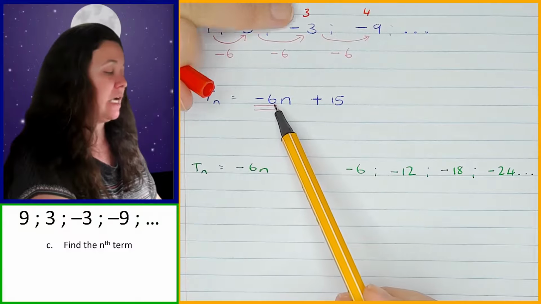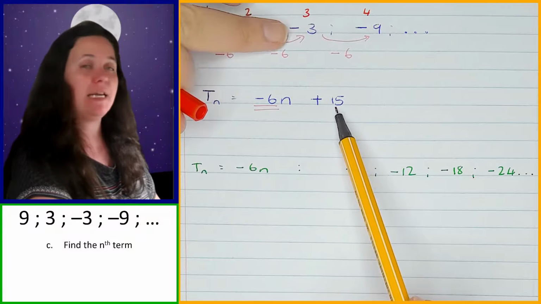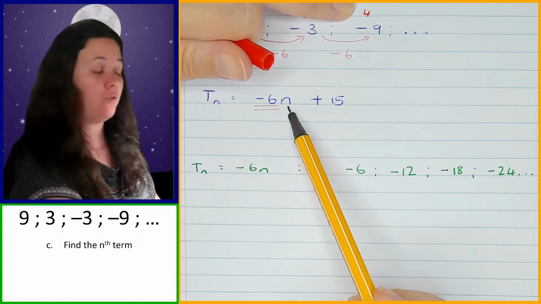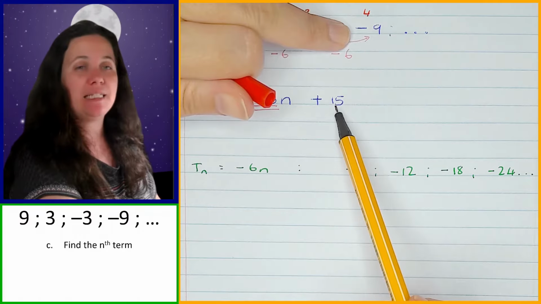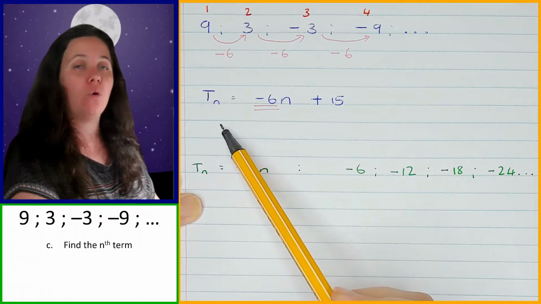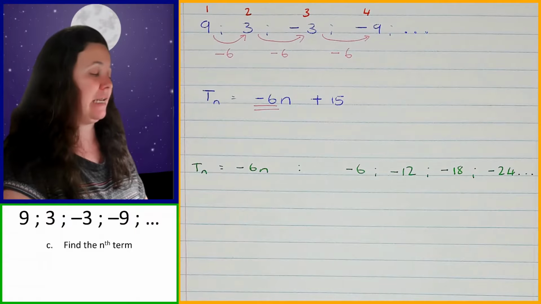Negative 6 times 3 is negative 18, plus 15 is negative 3. Negative 6 times 4 is negative 24, plus 15 is negative 9. So over here, I now have the rule for this particular pattern, that Tn is equal to negative 6n plus